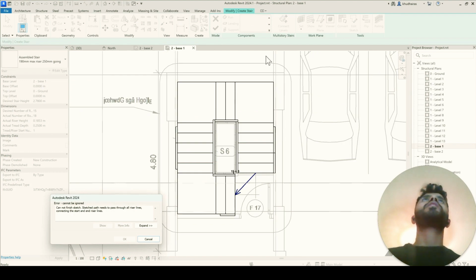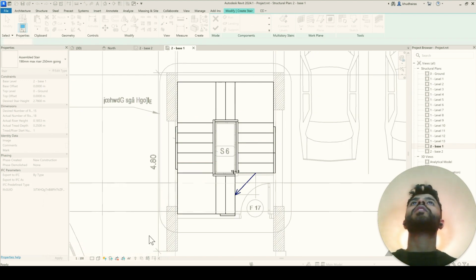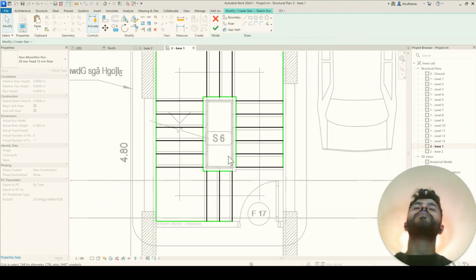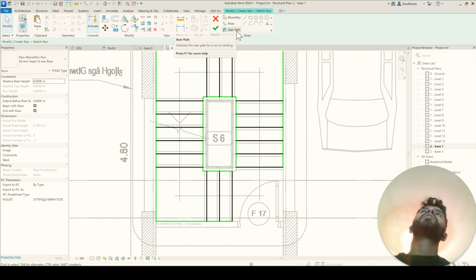Okay, so for the layout, we did the boundaries. That's correct, and we did this. But as we said, we are doing the stairs. So we have the boundaries, which are the edges from outside and inside, the green lines. Then we have the riser. Then it has to be a closed area, otherwise you get errors, same as the ramp tutorial. If you want to go back and see that one.